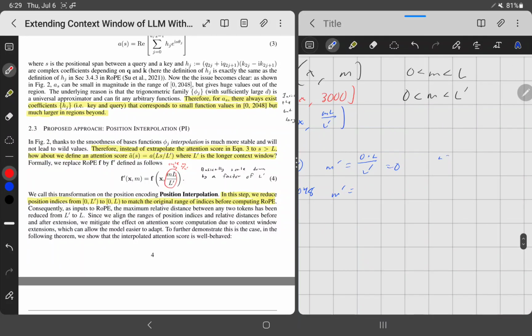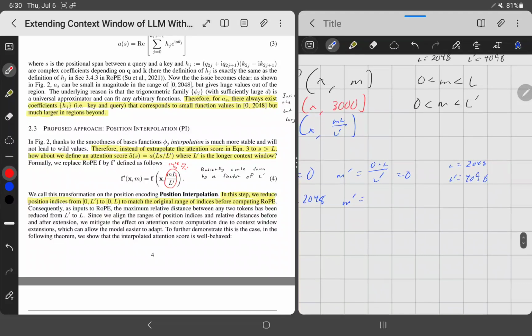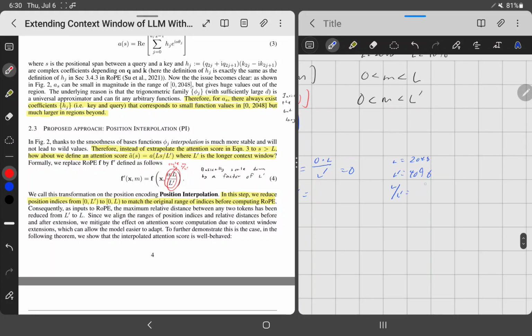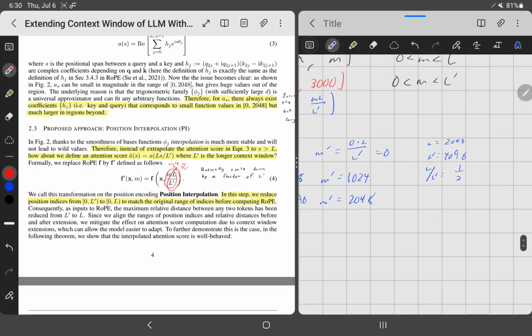And if L is equal to 2048 and L prime is equal to 4096, then you can see that this part, the L over L prime part, is going to be equal to 1/2. So you're basically going to scale m by 1/2, and 2048 would become 1024. And then if m is equal to 4096, then your m prime would be equal to 2048. So you basically are just scaling this down by a factor depending on how much you want your max context